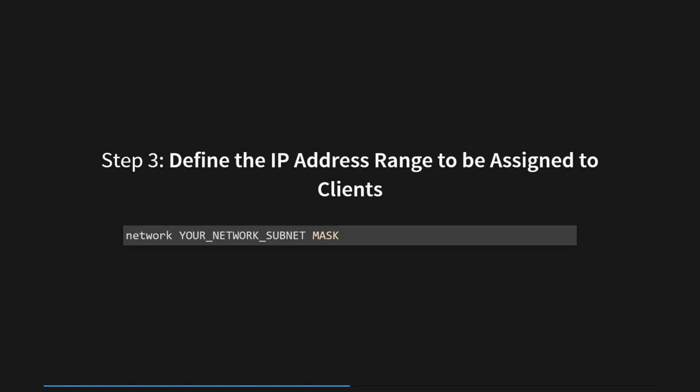With the pool summoned into existence, we shall now dictate the range of IP addresses that it shall dispense to the aspiring clients of the network. Here, your_network_subnet represents the network portion of the IP address range, and mask is the subnet mask that defines the size